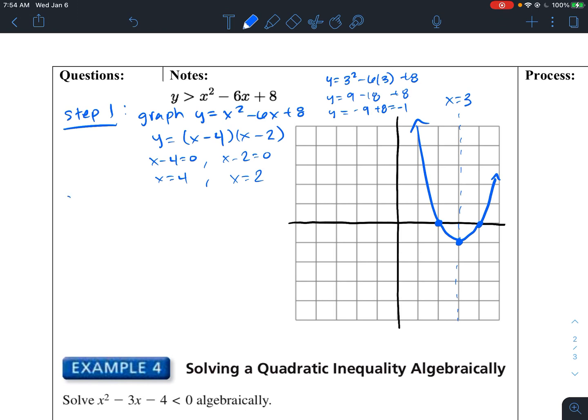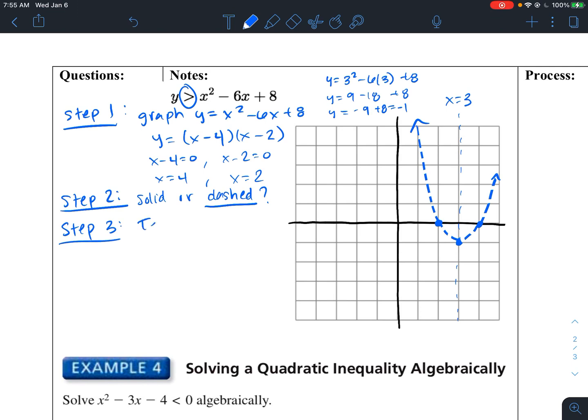Okay, so for step 2, dashed or solid line. And my inequality states that it's greater than, but not equal to, which means it's going to be a dashed line. So I'm going to go back and edit this and dash the line. Okay, so now that my graph is a dashed line, step 3